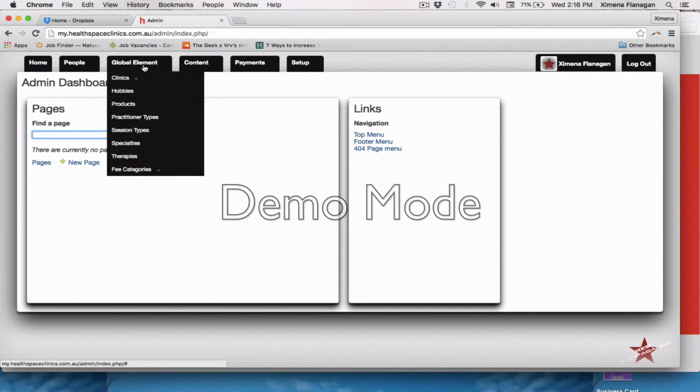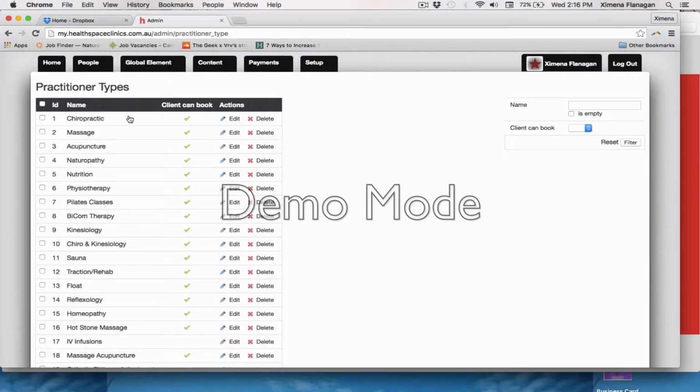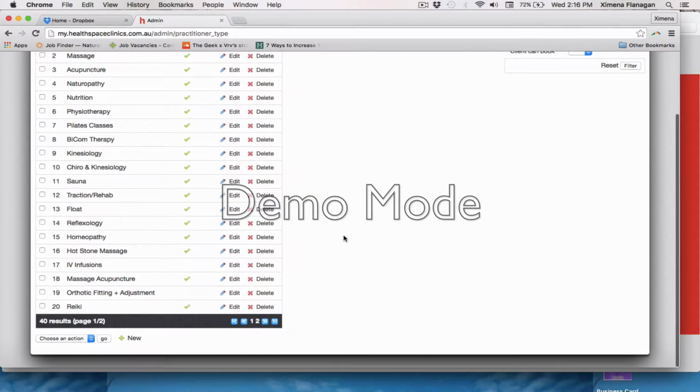So first of all, head over to Global Element and go all the way down to practitioner types. Practitioner types are the different types of therapies that we offer. So we've got chiropractic, massage, acupuncture, naturopathy, nutrition, physiotherapy, etc. If we had a new therapist whose services we don't offer at Healthspace currently, this is where you add them in. So for example, you would click on New,